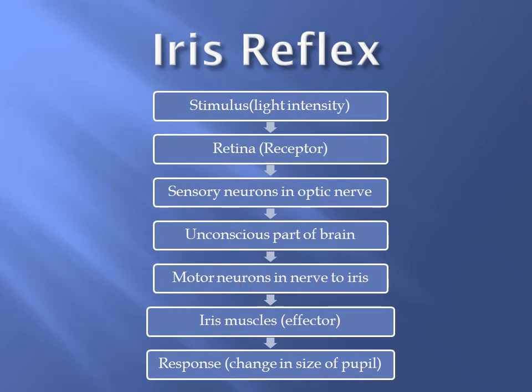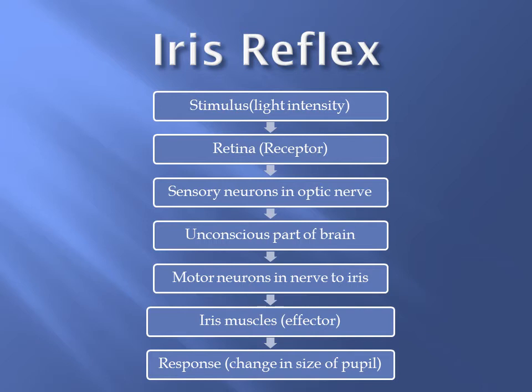The purpose of this iris reflex is to make sure that light falling on the retina is at the right intensity, because light that is too bright could damage the rods and cones, and light that is too dim would not form an image. So the intensity of light hitting the retina is the stimulus for this reflex, and the impulses pass to the brain through the optic nerve